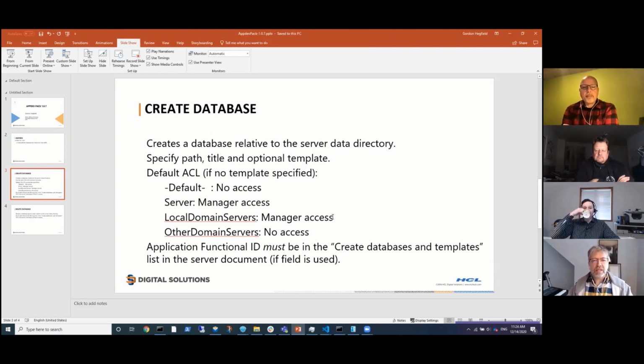both APIs. So right now, the way we have this working is, you can create a database. It's got to be relative to the server data directory. We don't want you creating databases all over the place. So you can specify the path, you can specify the title, and you can also provide a template name. And if you don't specify a template, you get a default ACL, which is specified here. What we did is we looked at what the Notes client does. So default no access, server is manager access, and then local domain servers gets manager, and other domain servers gets